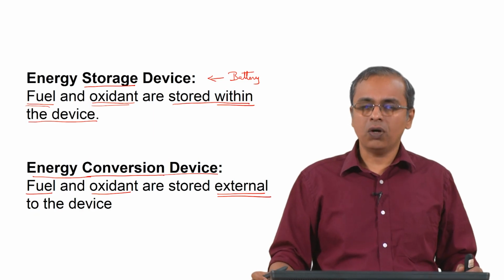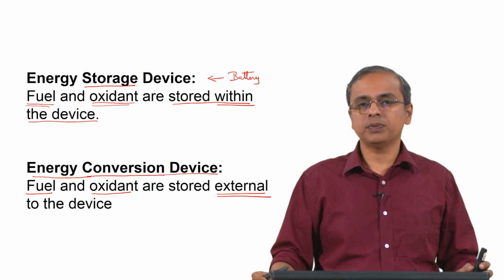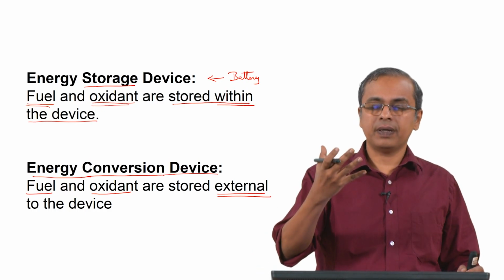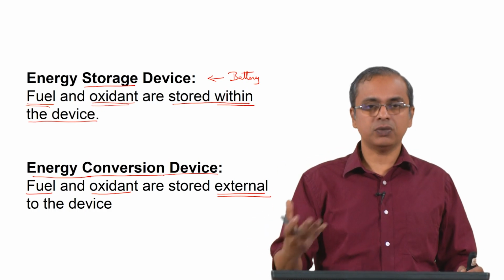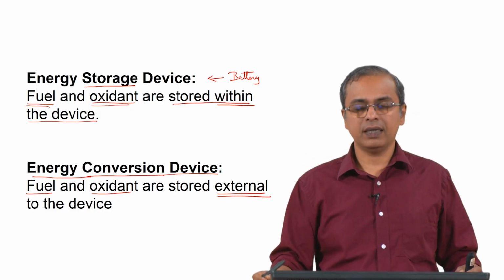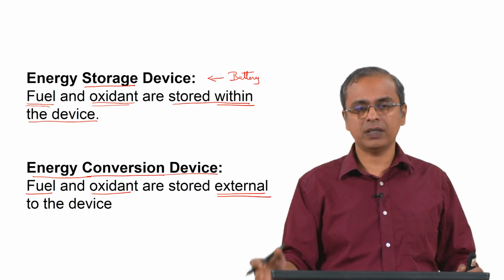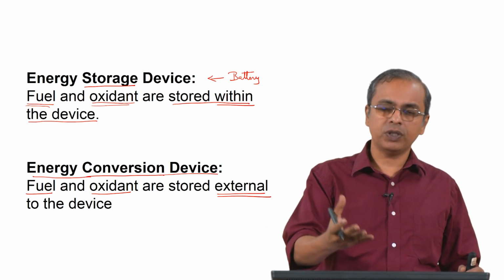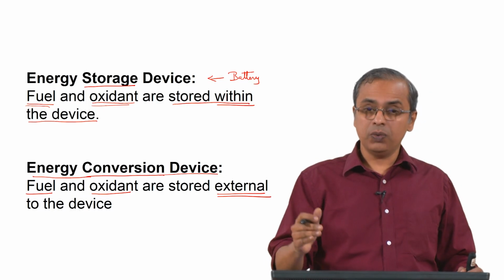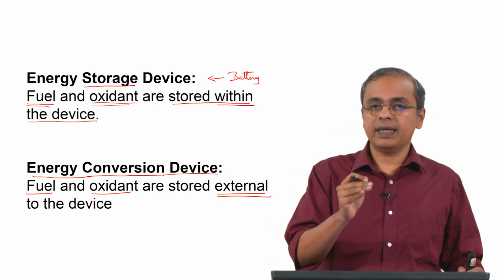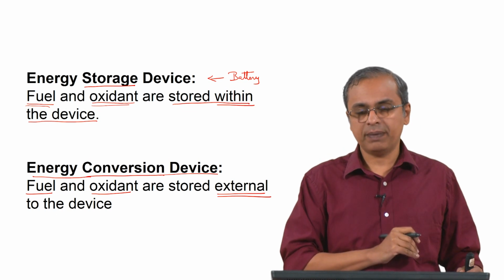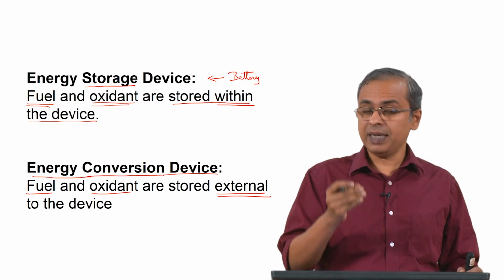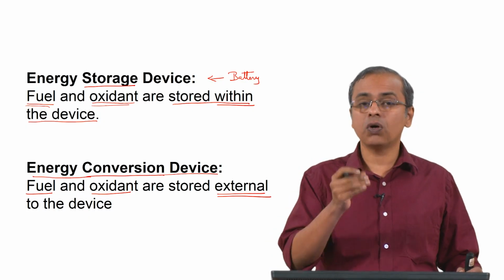So, one common approach being used by a number of people who are interested in this process is to use electric vehicles based on batteries. Lithium ion batteries are being used to power, or different types of batteries, maybe lead acid, maybe lithium ion. Increasingly it is lithium ion that is being considered as the battery of choice to power an electric vehicle. Now given that all the reactants are stored within the scope of that battery, when you completely drain the battery, you have to either replace the battery, which is one mode of operation, or you have to recharge the